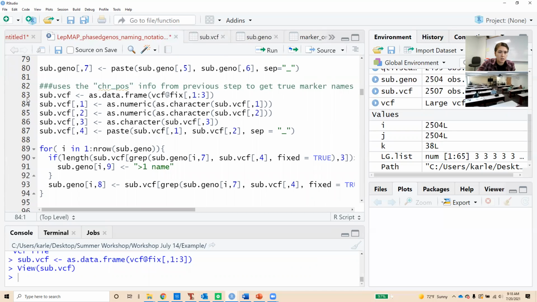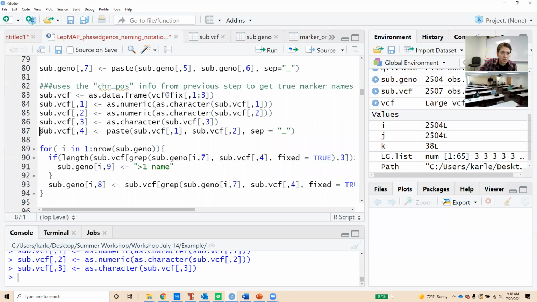And we'll just be making sure all of these are stored as numerics for the numbers, and making sure that the names are stored as characters instead of numbers. And then on line 87,